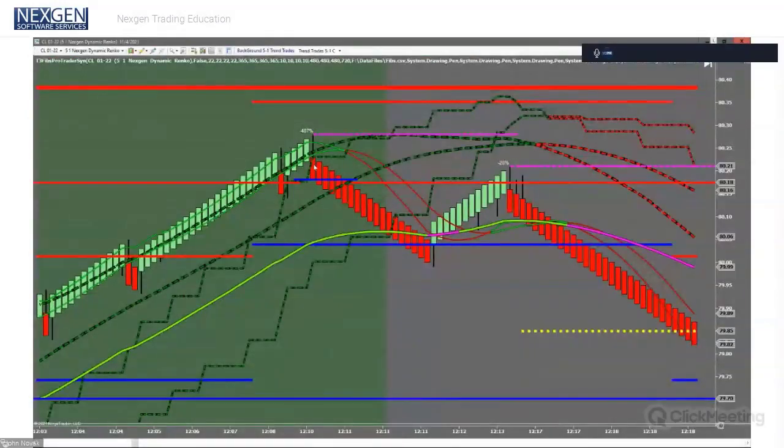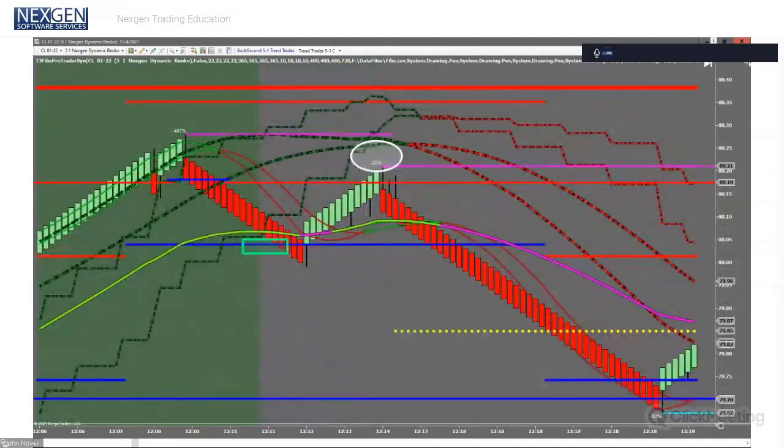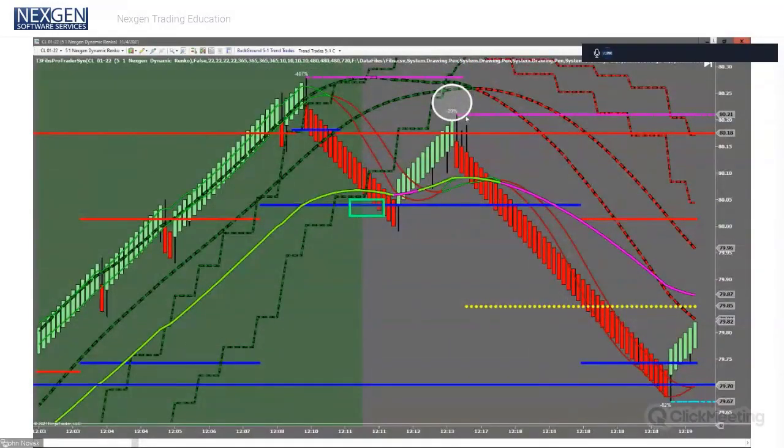Notice, after a strong run up, we do bounce, but what happens? The triggers don't agree anymore, do they? So when all the triggers don't agree, what normally happens when you have divergence going the other way? I studied it for 20 hours over the weekend. And I found some interesting things like I already knew, but